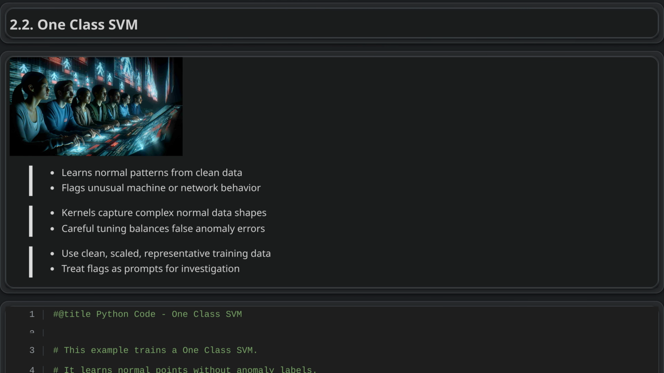1 Class SVM. A 1 Class SVM detects unusual data by learning the boundary of normal behavior from training data that is mostly typical. Anything outside that boundary is treated as a possible anomaly or novelty. This is useful when abnormal examples are rare or hard to predict, such as in machine sensor monitoring or network